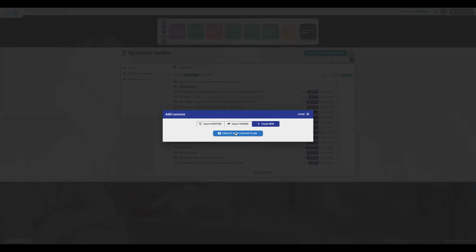And then I'm going to click Create New Lesson Plan. Now, I am going to pause to read some of this because it is important. But again, once I go through these directions, you're going to have 20 minutes in your breakout rooms to explore this in depth. So right now is just demo time.